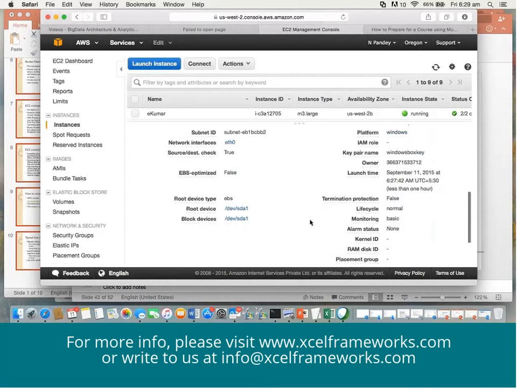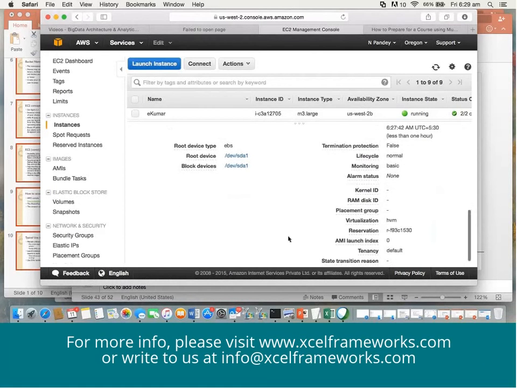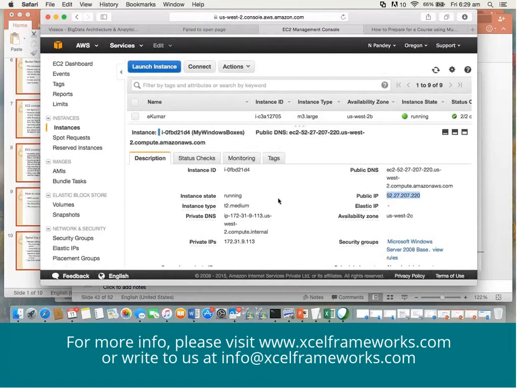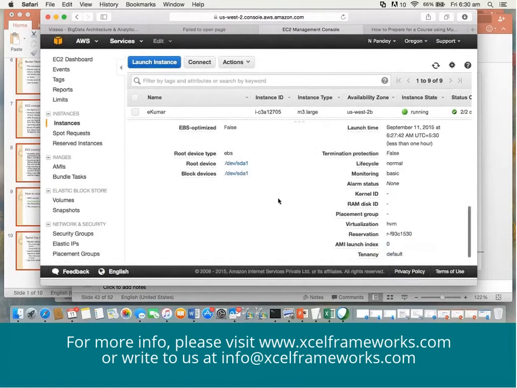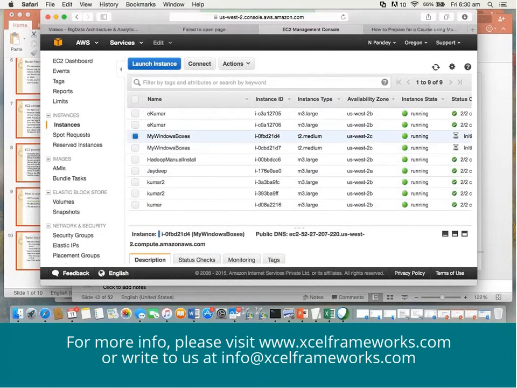And then here you see, this is what is key. So you need to know this at least. And check out for all instances whatever you have created and make note of these details which are required.